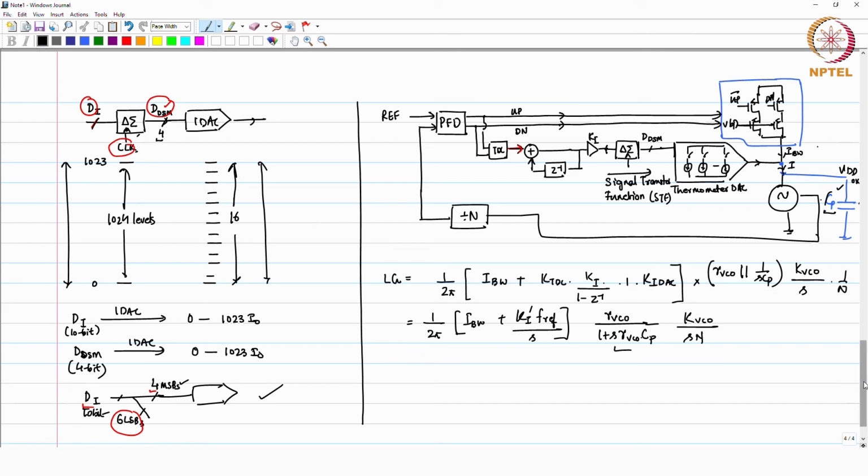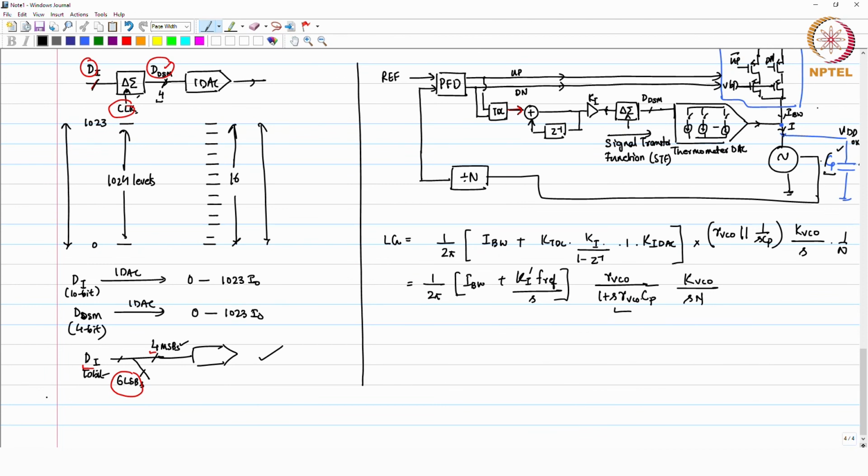And just to differentiate between directly dropping 6 bits and doing it through delta sigma, the difference is this: the quantization noise spectral density in directly dropping 6 bits will be flat. Okay. This is quantization noise while dropping bits with respect to omega. This noise spectral density is going to be flat, whereas